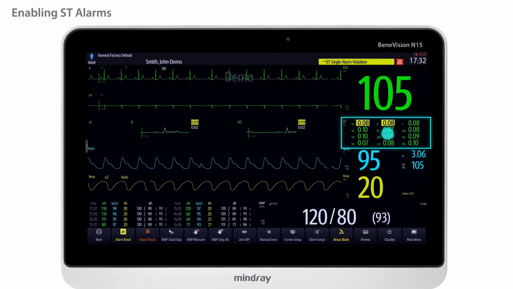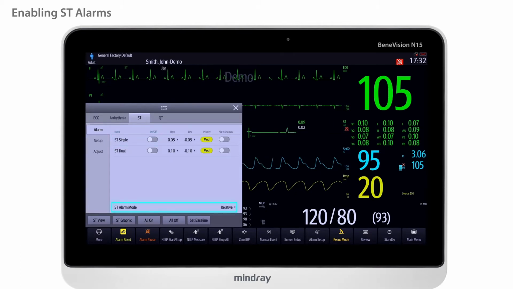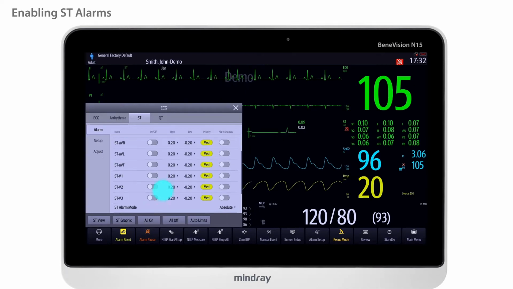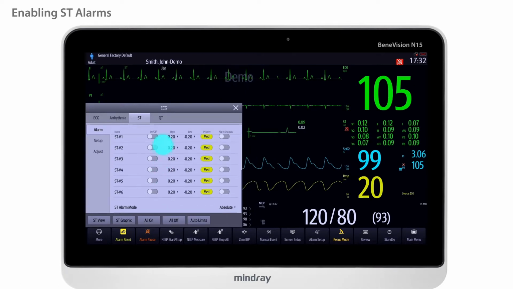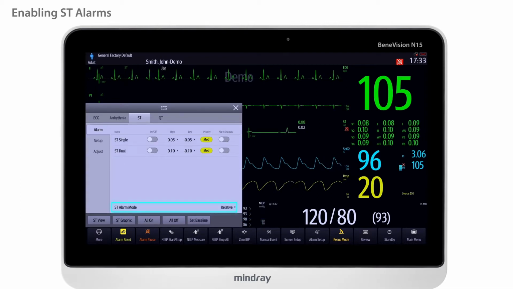To set ST alarm functions, enter the ST alarm menu. If the ST alarm is disabled, there will be an alarm off symbol shown in the ST numeric area. There are 2 ST alarm modes, absolute and relative. In the absolute mode, the alarm is triggered by the absolute ST value that is over the limit. However, in the relative mode, the alarm is based on the relative change of the ST value rather than the